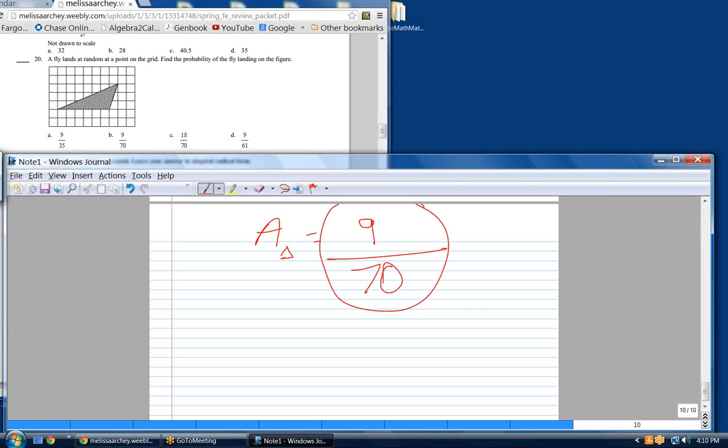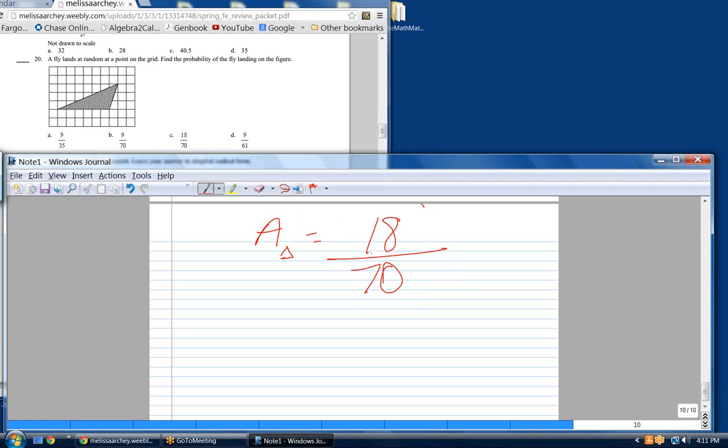What I was doing, I was counting up to figure out what the denominator was. Just by saving time, you can do process of elimination. Oh, I see. So you knew the denominator had to be 70. The only problem with that technique is what if my numerator ended up being